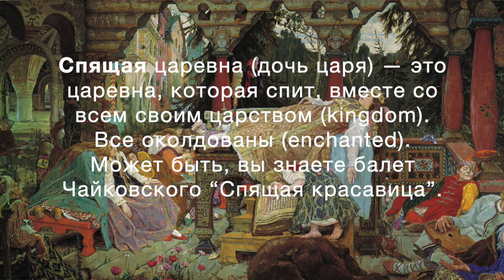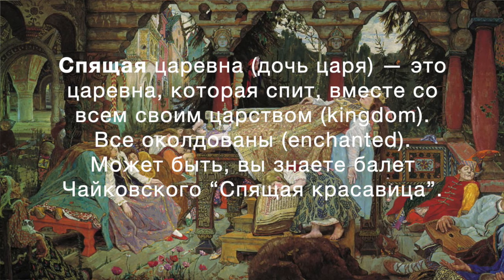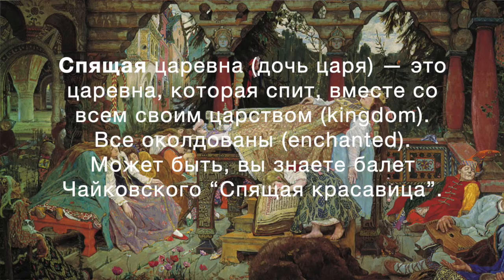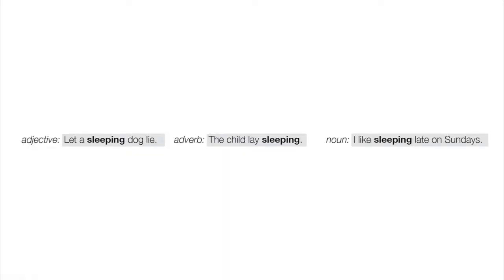So спящая is a verbal adjective. We'll get to that form later. Today we're giving a general introduction to deverbals, and we're learning verbal adverbs today, which are fairly easy to cover. The one thing to note as we move forward is that these sorts of words in English are often very ambiguous. They often end in -ing, and again, this is another instance where English is quite a bit more ambiguous than Russian in terms of what part of speech we're dealing with, what's really going on grammatically.